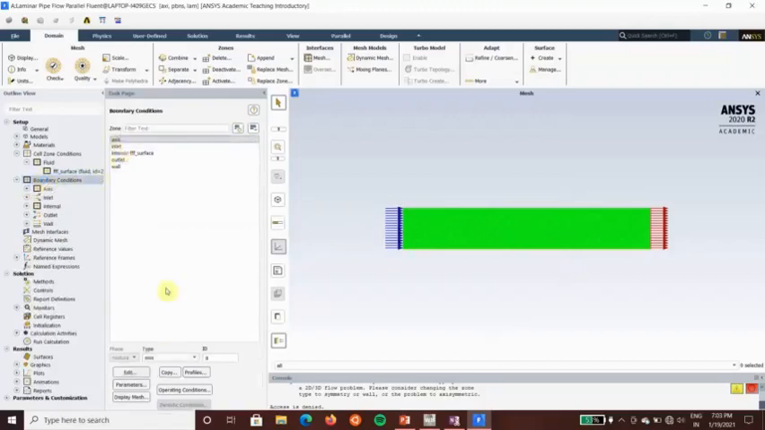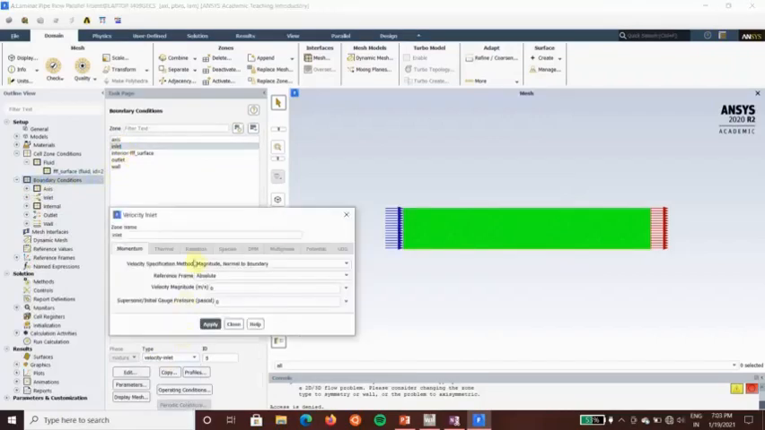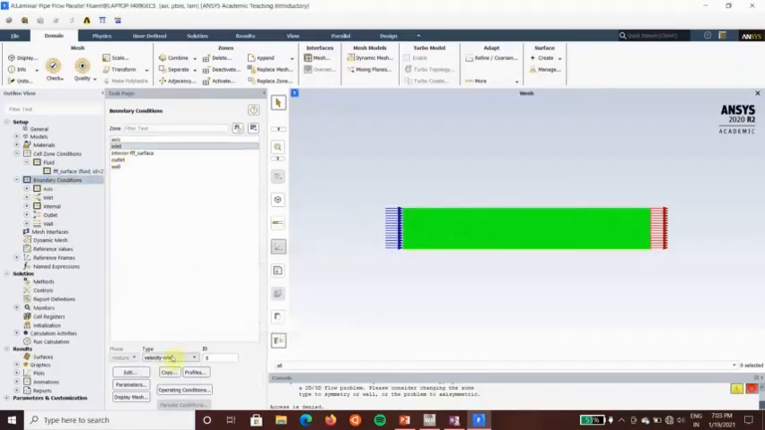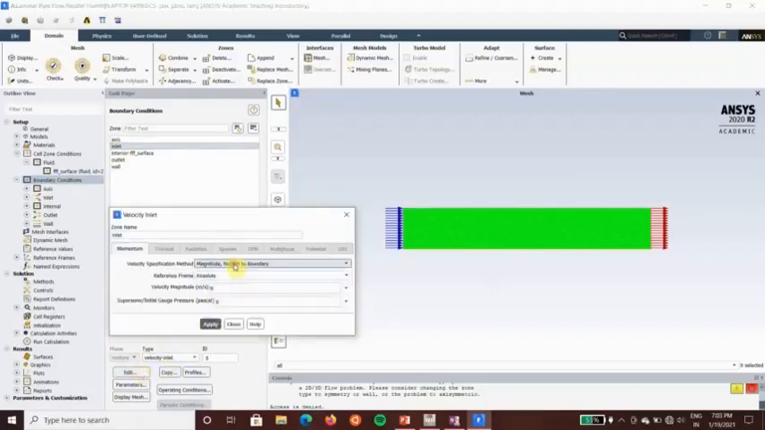Apply the boundary conditions, and so starting with axis, we'll go with axis as well. And inlet, it will be velocity inlet. We need to specify the velocity, so we edit, and we need to specify the magnitude normal to the boundary, that is in x direction, and the magnitude given here is 1 meter per second. So we'll just apply and close,